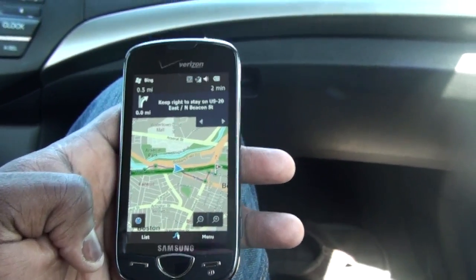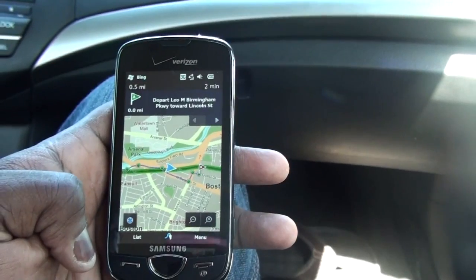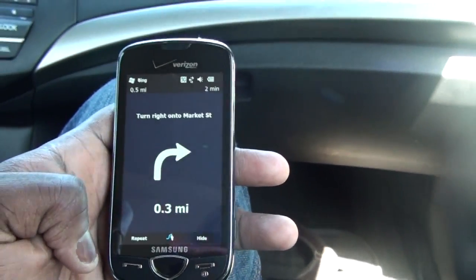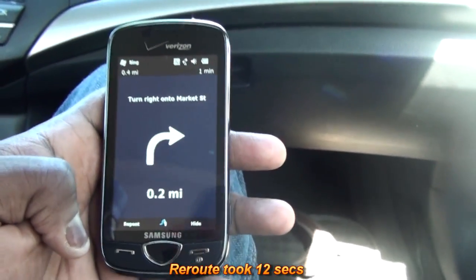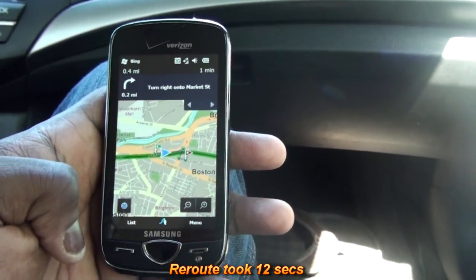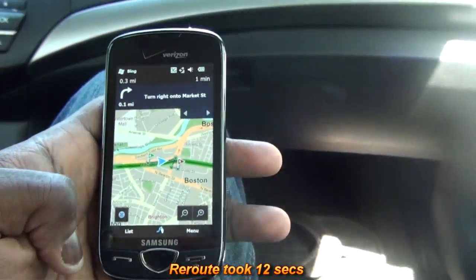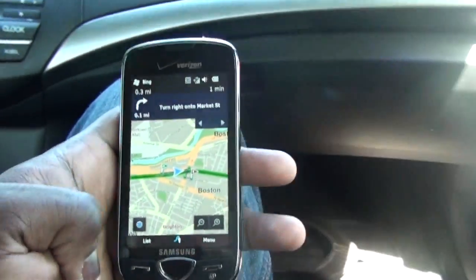Nothing yet. Rerouting. Okay, it's calculating. In a quarter mile, turn right onto Market Street. So I'll say it takes about 10 seconds tops? 15. Yeah, 10, 15 to reroute. Not bad. Could be a little faster, but